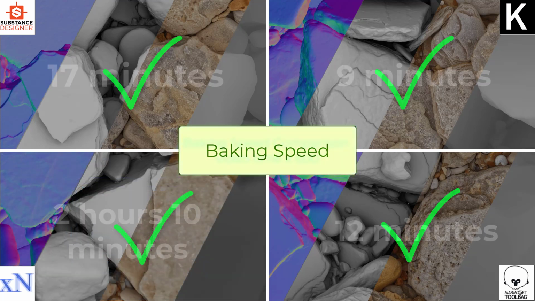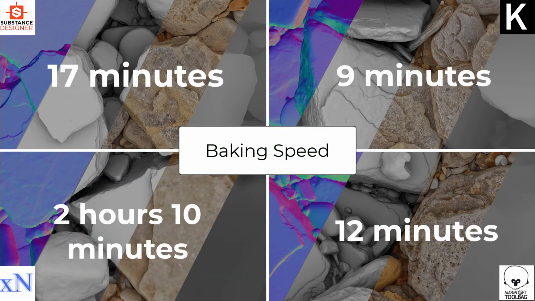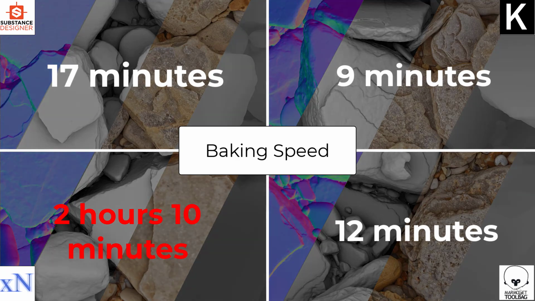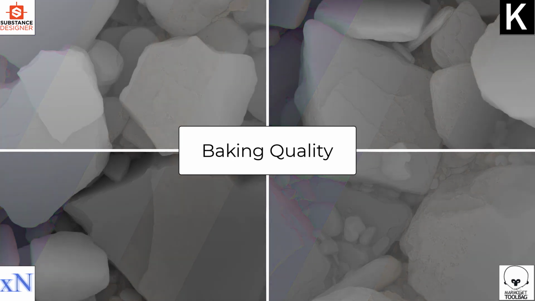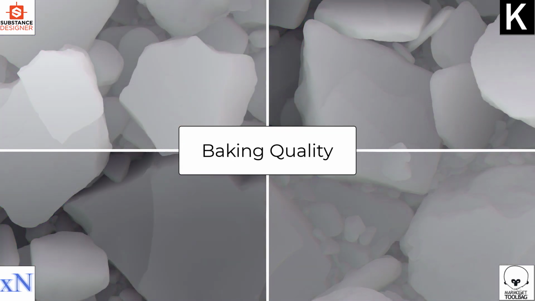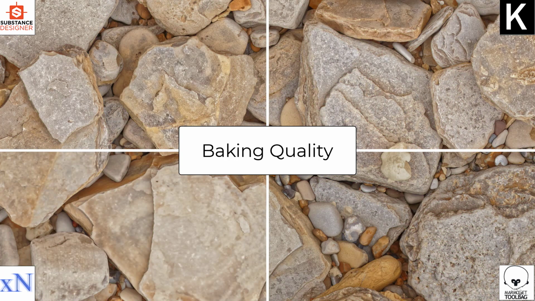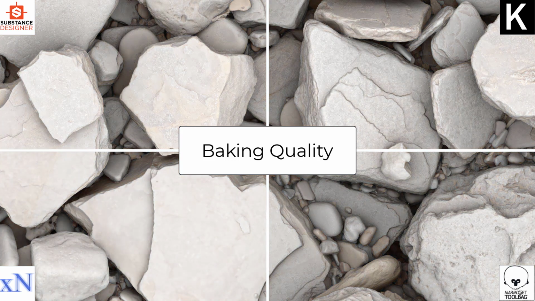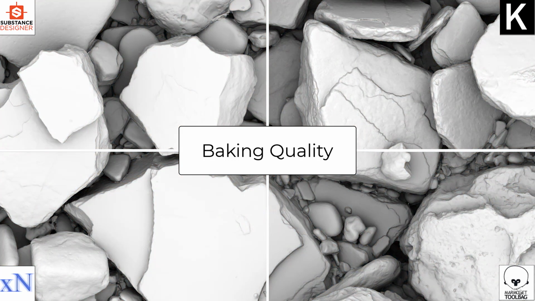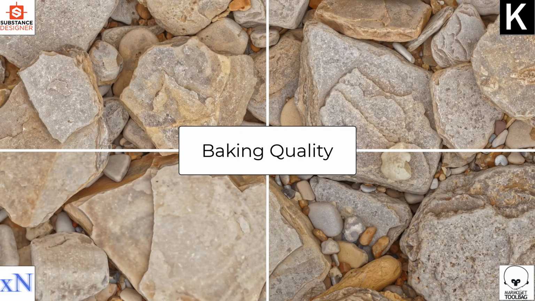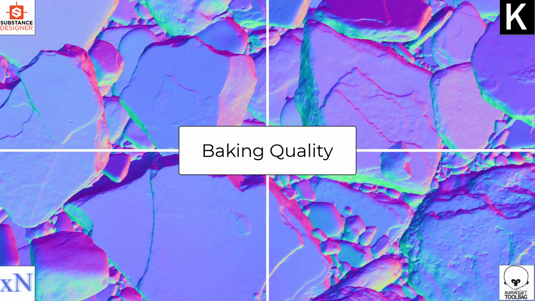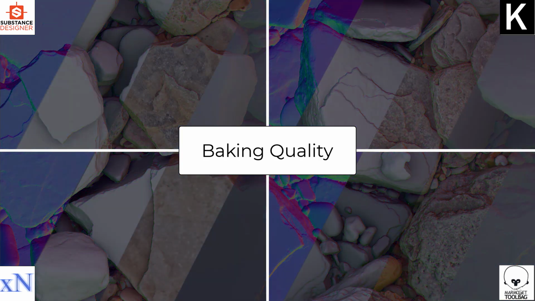The CUDA support, which in theory should speed up the baking process for the ambient occlusion, somehow didn't work for me. But no matter how quick the baking process was or what the file format we can export, if the quality of the bake is poor, the baking is useless for us. So the overall baking quality is, in my opinion, the key and the most important factor in this comparison. I don't mind waiting even 1 more hour if it is justified by the quality I get. I don't care if bake took 1 second if it's crap.